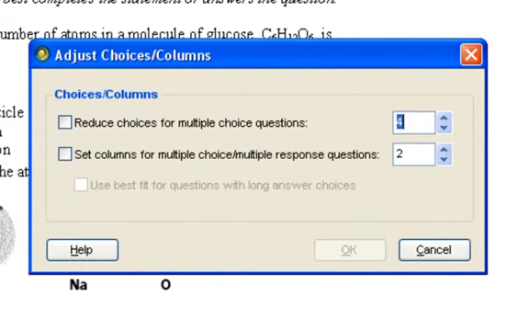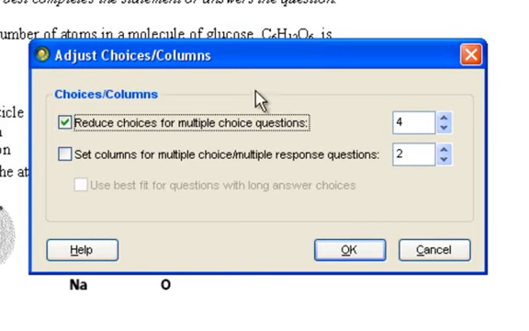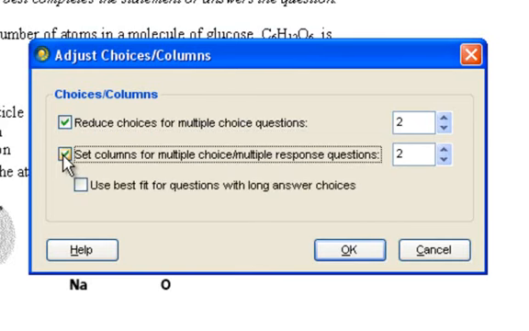So that's reorder. Also under question is adjust choices in columns. Now this is where you want to change a test for all of your students that have an IEP or special ed, that have an accommodation where they have less than 4 choices. I say simply reduce the choices for the multiple choice questions, and I want to reduce them to 3 or 2 or whatever number I request. Also, if your accommodation is having the multiple choice answers in one column, like again for the whole test, set columns. I want to set those to one answer,